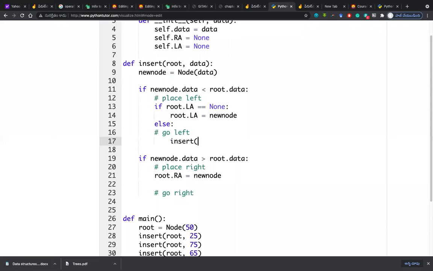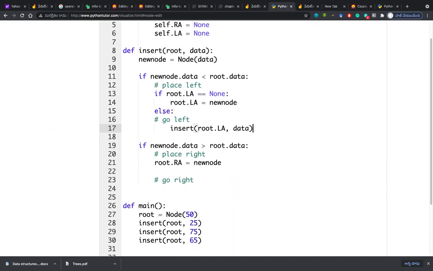Insert of, what is the next thing? Insert of what? New node comma data, sir. Not new node comma data. You are calling the function again. So root dot what you will send as a root? LA, sir. LA, yes, comma the data that you are getting.